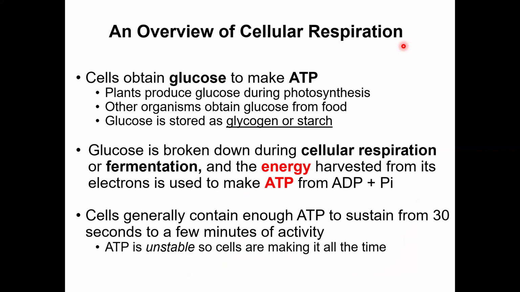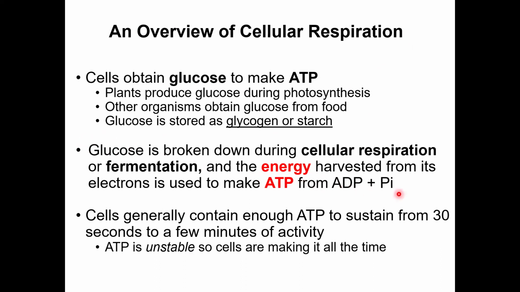In most cells, the way to make ATP, or energy, is through a process called cellular respiration. It's where glucose is broken down and the energy is harvested from the electrons used to make ATP from